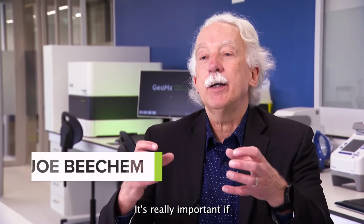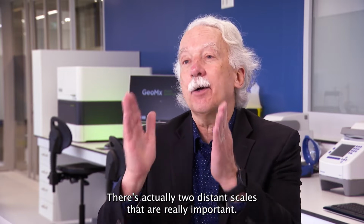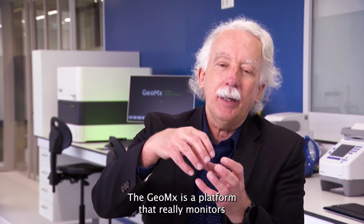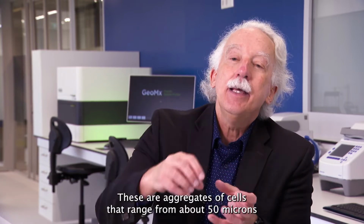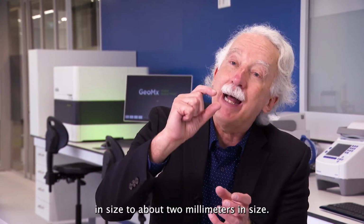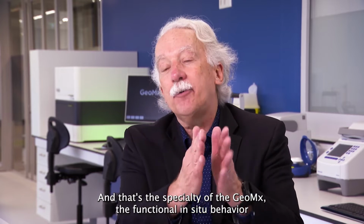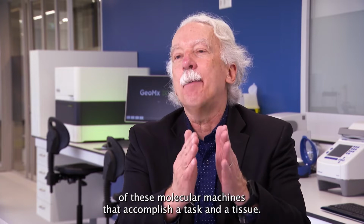It's really important if you're trying to understand and generate a complete spatial biology solution. There's actually two distance scales that are really important. We have two platforms that cover the two distance scales. The GeoMx is a platform that really monitors what I call molecular machines in tissue that do work. These are aggregates of cells that range from about 50 microns in size to about 2 millimeters in size. And that's the specialty of the GeoMx, the functional in situ behavior of these molecular machines that accomplish a task